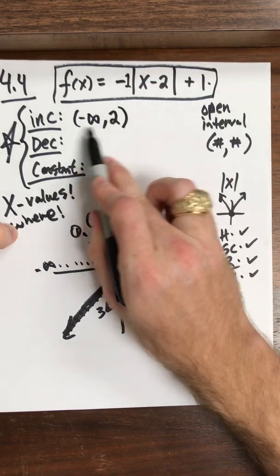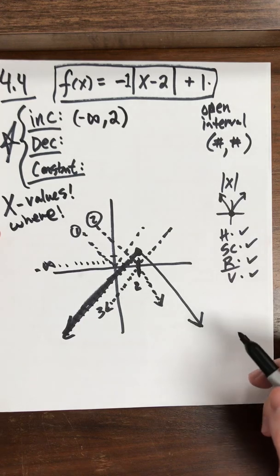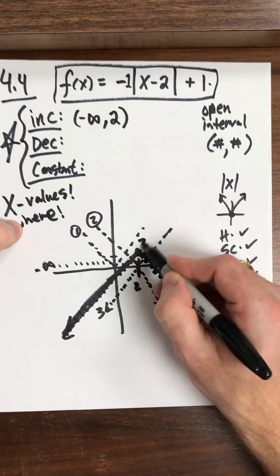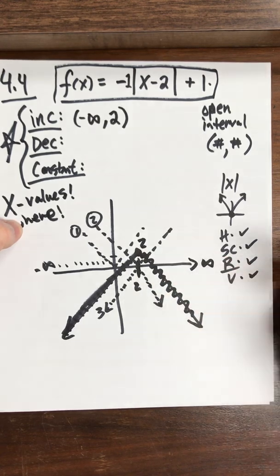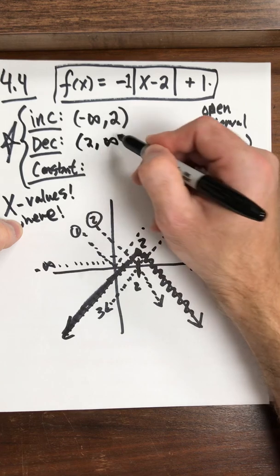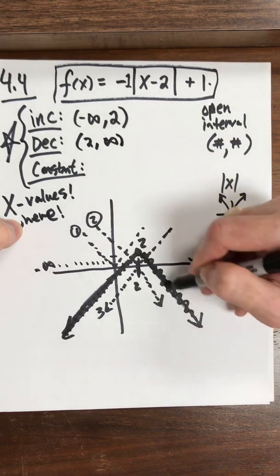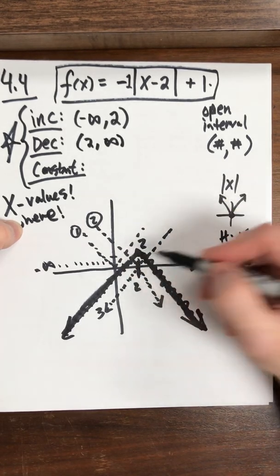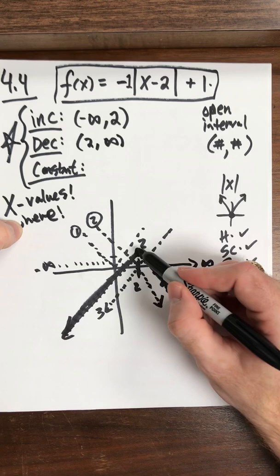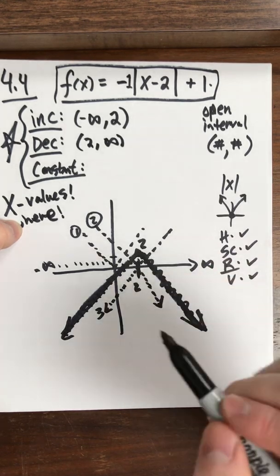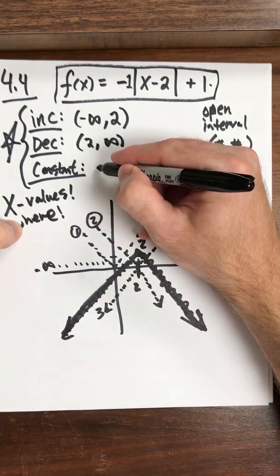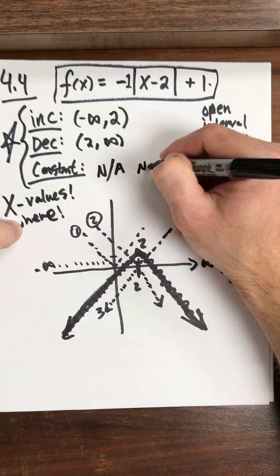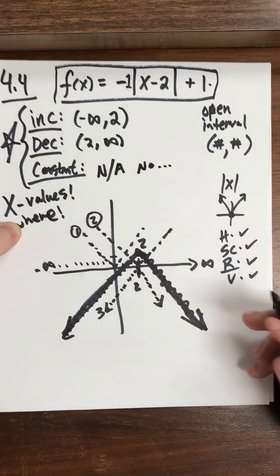Notice that I have a parenthesis here. I'll talk about that in a second. Okay, where am I decreasing? Where am I going downhill? I'm going downhill from 2 all the way out to infinity. From 2 to infinity, I'm going downhill. I'm decreasing. Okay? Where is it constant? You might be tempted to say it's constant at 2 itself, but I'm telling you, it's not constant anywhere. So you can put NA, you can put no, nah, I don't care, whatever, but just let me know that